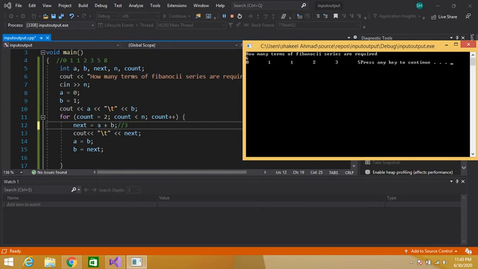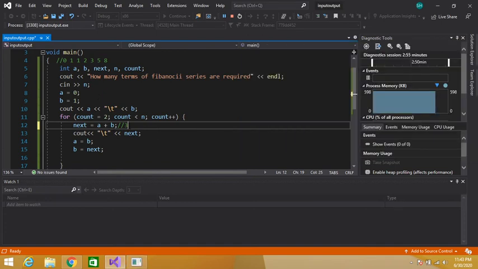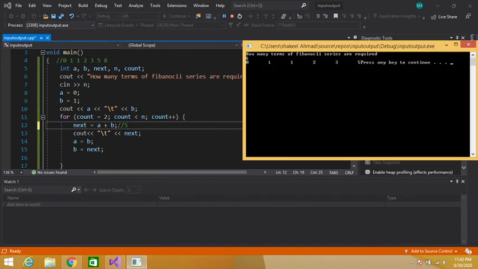So again control will shift here. A contains 2, B contains 3, 2 plus 3 is equal to 5. So now our next becomes 5, and in the next step we are printing the value of next. So 5 is printed on the console window. Then we are again moving one step forward. We are assigning B to A so that we can move one step forward.